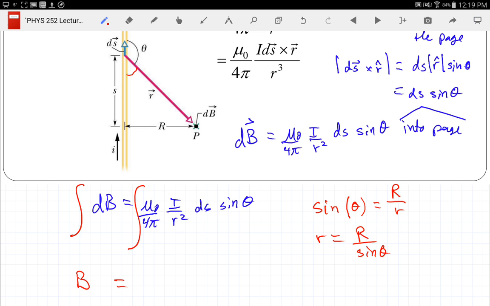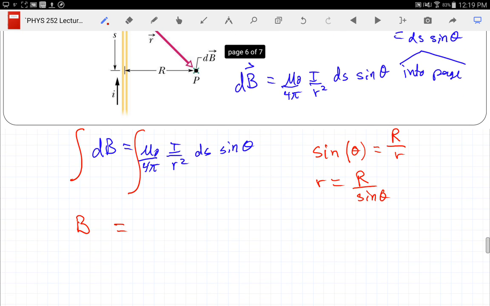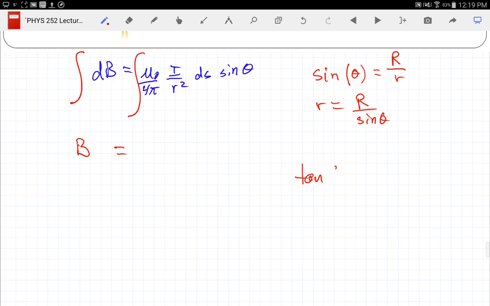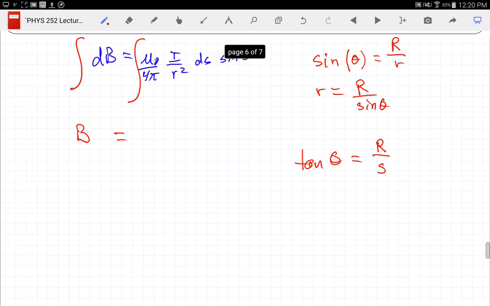Right? So now I am able to eliminate one of my variables, the R variable, and replace it with theta, but I still have to work with the ds. The ds is the part that was more complicated from your work in the homework. Remember, we had tangent of theta was equal to capital R over S. And in this case, we actually have a sign variation. Take the derivative of both sides of that, and you had d theta over cosine squared theta was equal to,